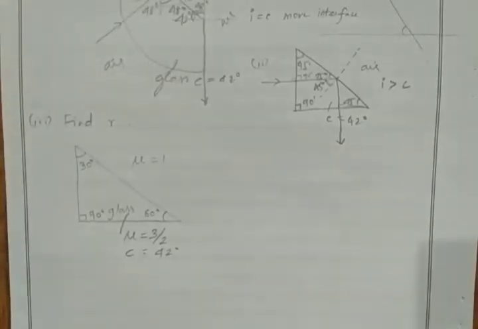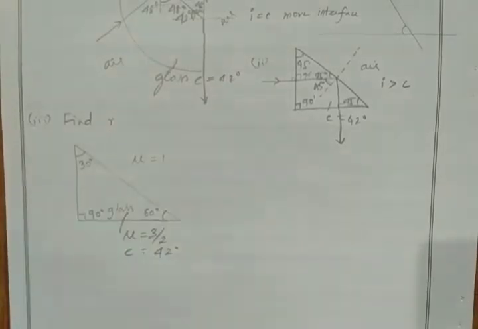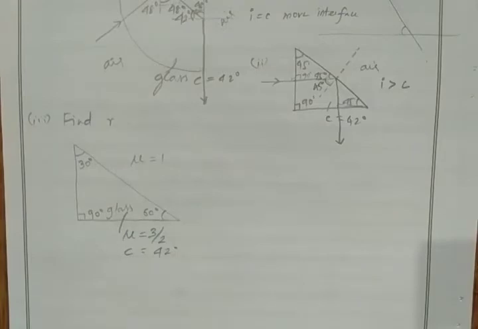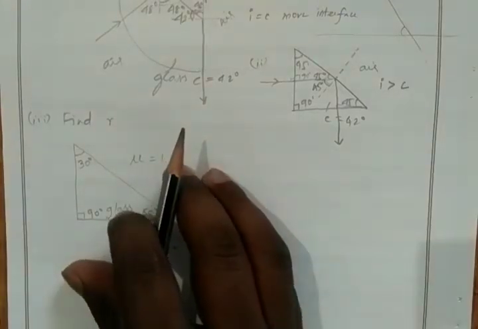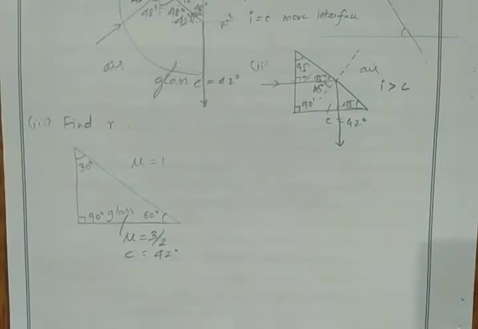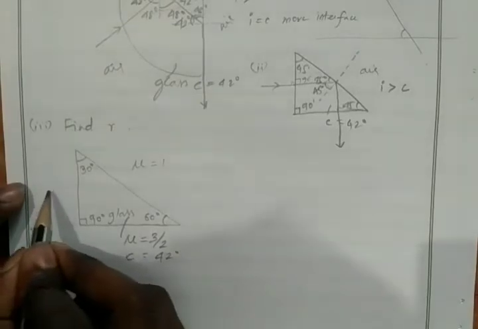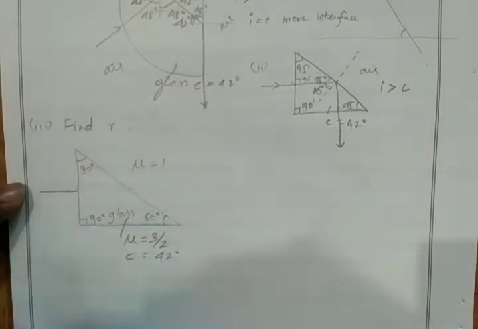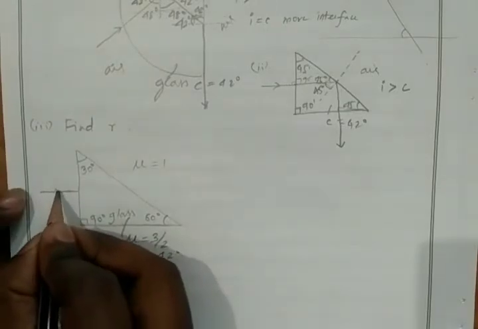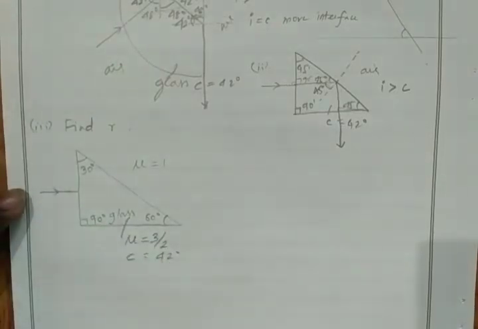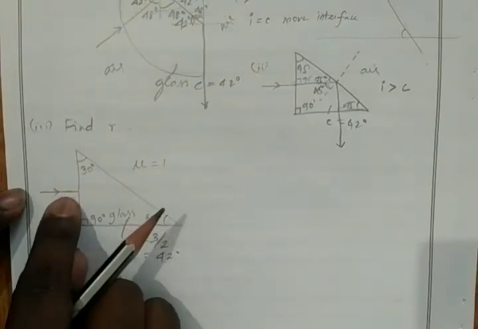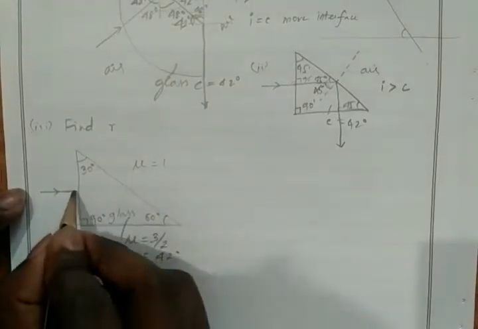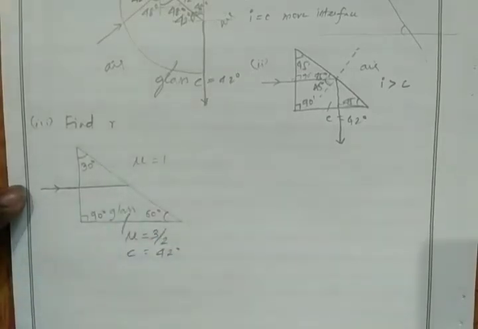In this problem, we have to find the angle of refraction. The material is glass and the refractive index of glass is given as 3/2. Critical angle is also given as 42 degrees. And the outside medium is air, whose refractive index is 1. The angles are given as 60 degrees, 30 degrees, 90 degrees. The incident ray passes like this. What will happen now? We have to find the refraction angle. So this is our incident ray. The incident ray passes at 90 degrees, so it goes in a straight line.